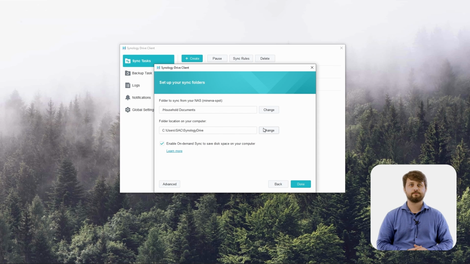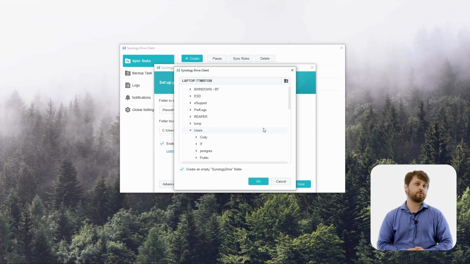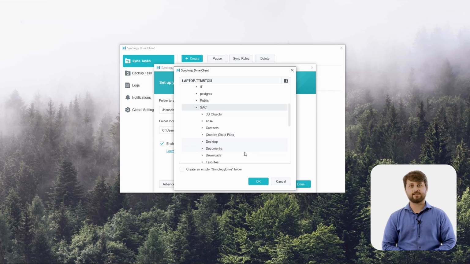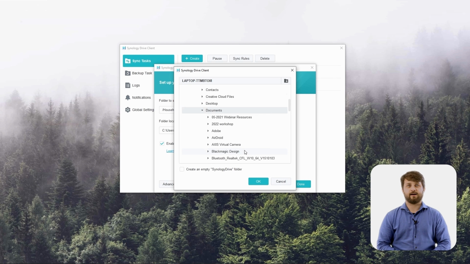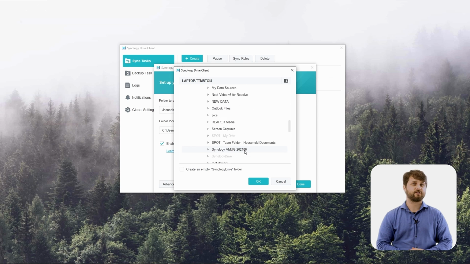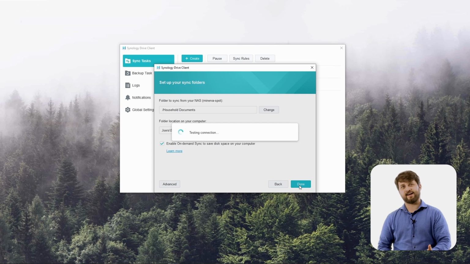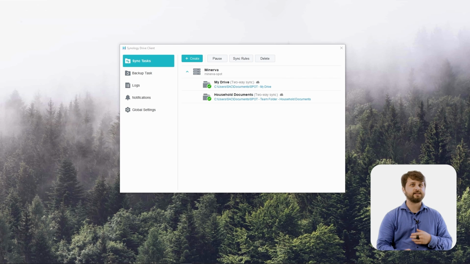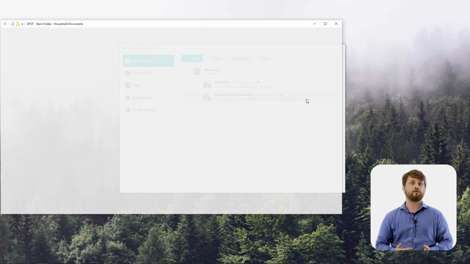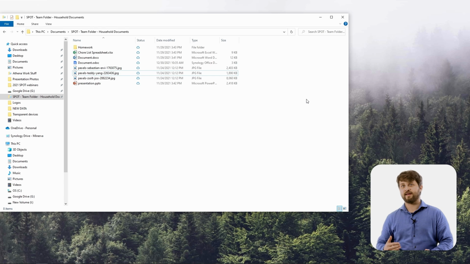So we're going to hit change once more. We're going to disable that empty Synology Drive folder checkbox and choose a documents folder that we want to sync to in our case. So as we scroll down, we're going to see that we have another Household Documents team folder that I've already created just to make everything that much smoother for my understanding of the sync environment. And you can see we now have another sync location already populated in our Drive client. And again, as we click that address there, it's going to immediately open that folder, and we can see all those folders and documents that we had previously in the Drive web portal. They're now available for syncing on demand down from our main NAS device to our Windows device.